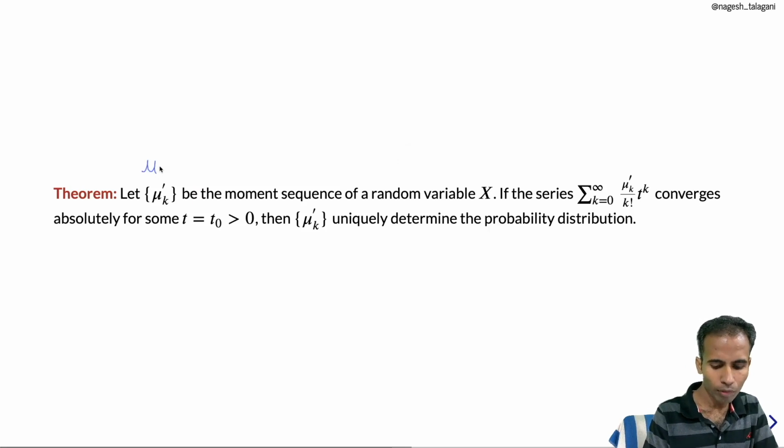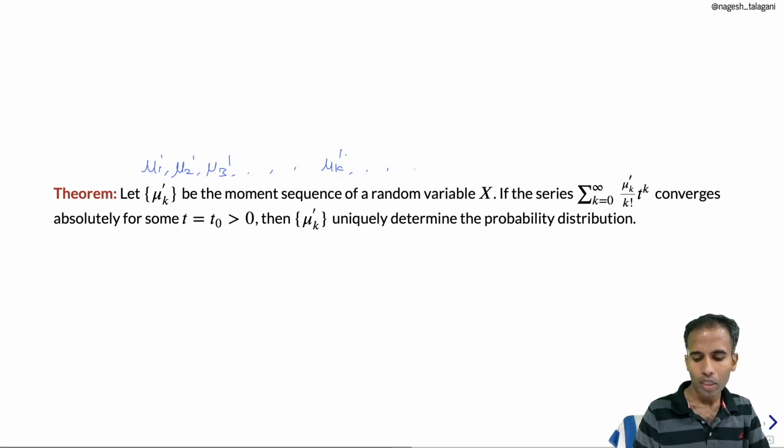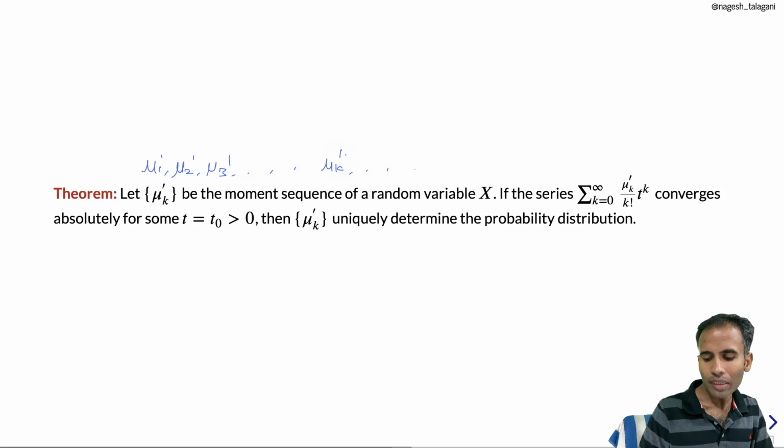That is, we have mu1 dash, mu2 dash, mu3 dash, and so on, mu k dash. So we have all non-central moments of all orders. If the power series summation k equal to 0 to infinity mu k dash by k factorial t to the power of k converges absolutely for some t equal to t naught positive, then this moment sequence uniquely determines the